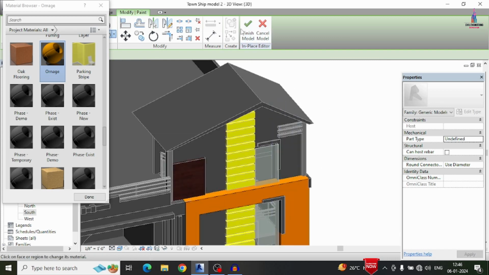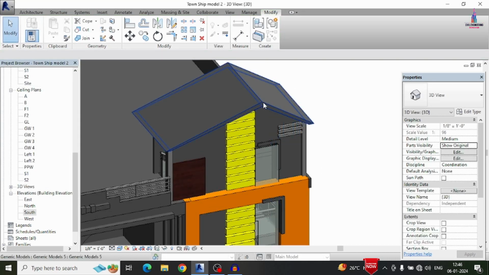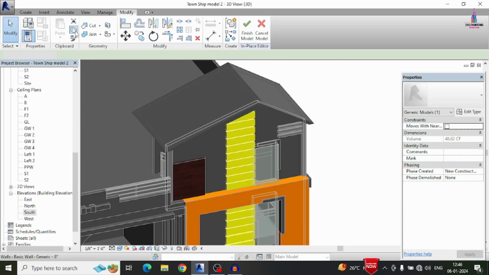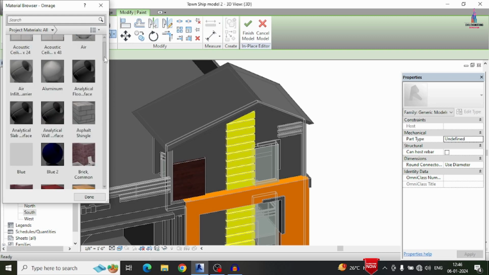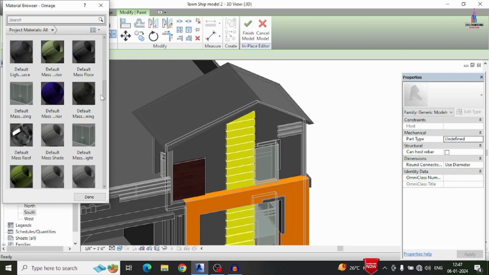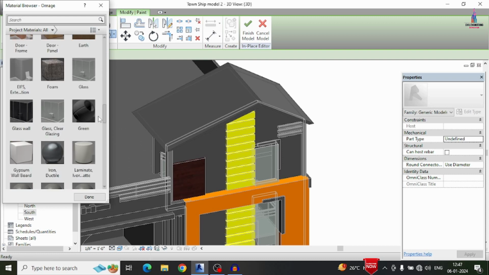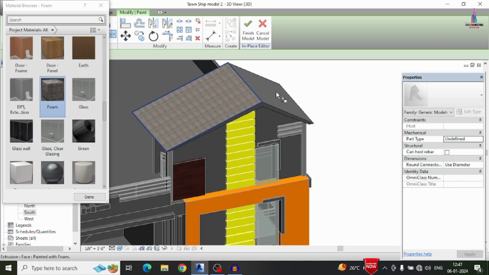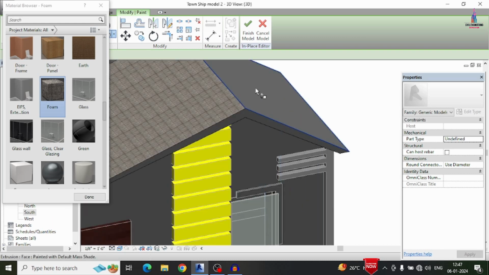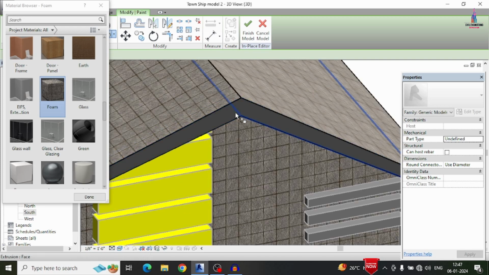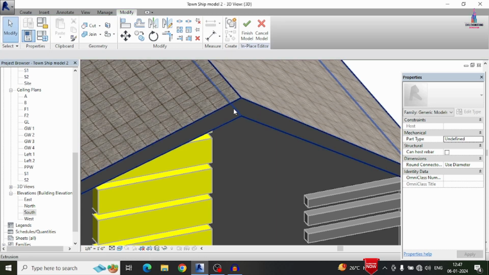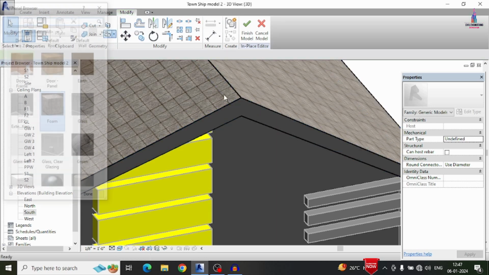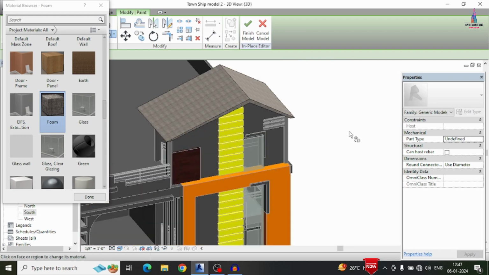Now we have to paint the top cap with some foam color. For that I am selecting this, click on edit pattern. So click on the paint option. It consists of some foam, which we have already selected. So here I am selecting the foam, click on apply option so that it will apply your pattern related to this extrusion here like this.